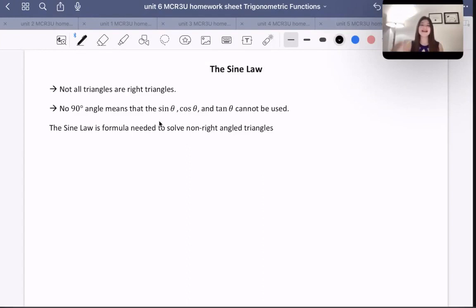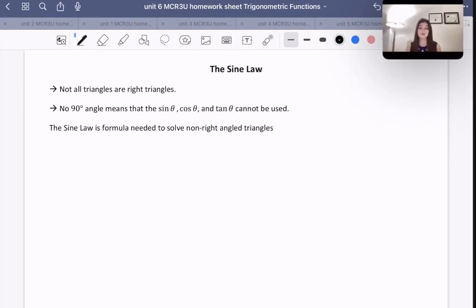Today we are going to be talking about the sine law. So, last time we talked about basic trig ratios, and while they're very great, very simple to use, with lots of benefits, the one drawback is that basic trig ratios only work when we have a right angle triangle. And there are so many triangles that are not right angle triangles, but luckily for us,